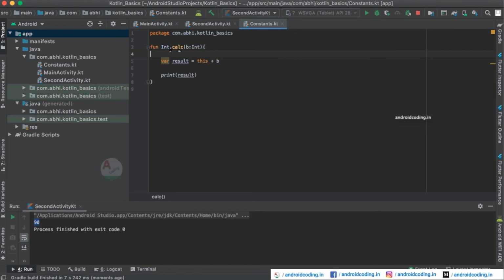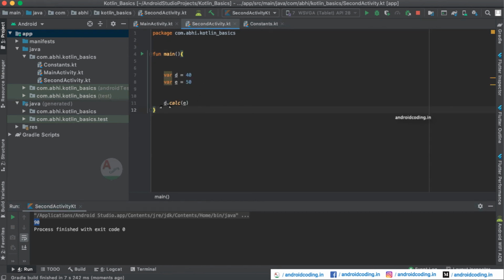So we are extending our function with int here, so it will be getting detected when you will be using any int variable throughout your program. So you can call that particular method from anywhere else by making use of the int data type variable.